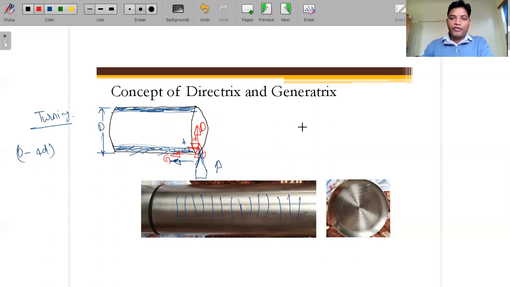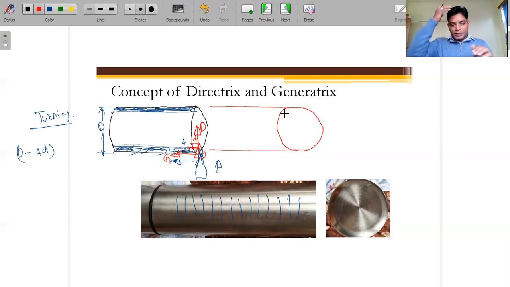Now let's talk about the facing. So facing is just like from this shaft only, the same diameter. Okay, so now this is basically the front view. So here we have to keep this tool. When you keep this tool and maintain some depth of cut, at that time you have to rotate it and give the feed to the tool in this direction. So that will move in this direction, and that is removing the material.